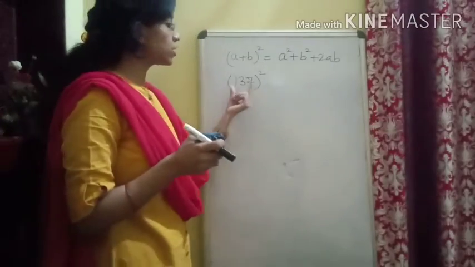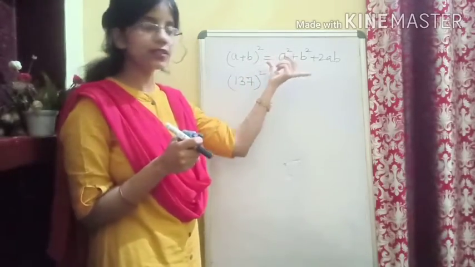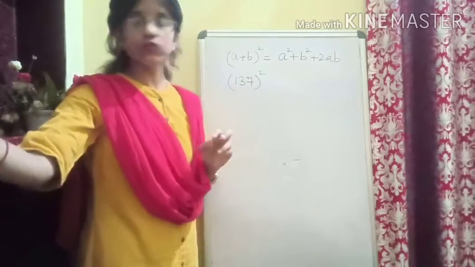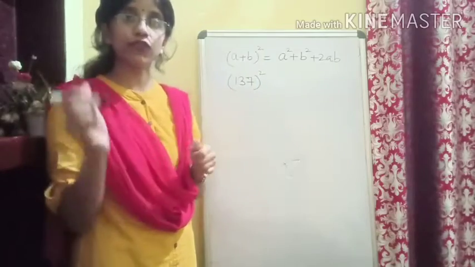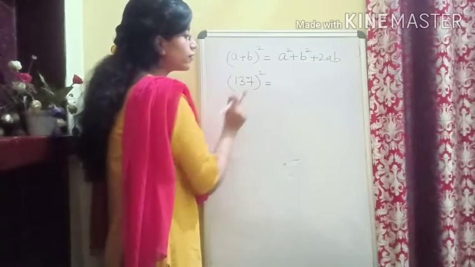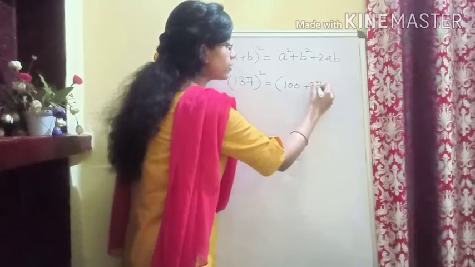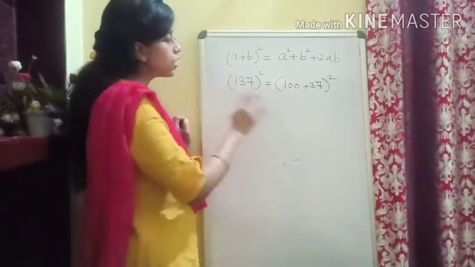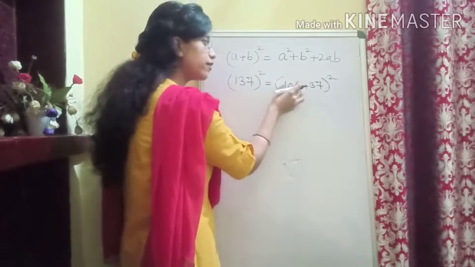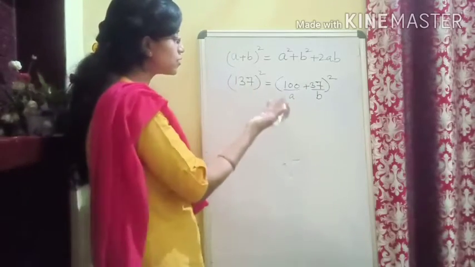So we are going to see a different question. Here in this question it is given that using this identity you need to square this given term. So we need to square the given term using the identity a plus b whole square, and for that we need to split this term into two terms. So it is always easy to write it as 100 plus 37 whole square, is it? Now we can simply use this identity. If I ask you what is at the place of a, 100, and what is at the place of b, it is 37. So now it is easy to apply the identity.